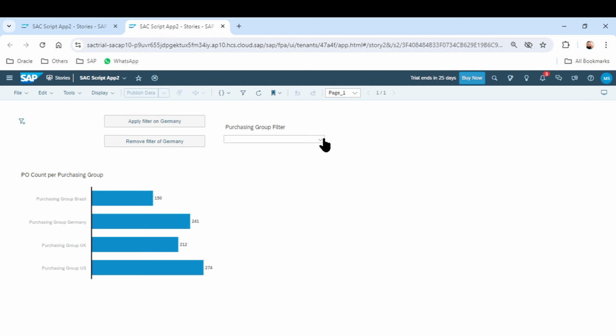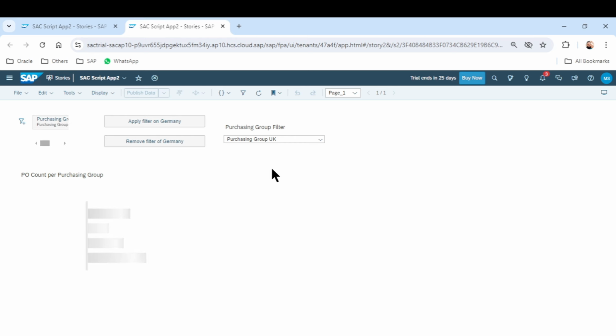Now let's check it out. Let me select UK first. Now the filter is applying. Let's see what happened. Here it is. Our filter is perfectly applied on our chart